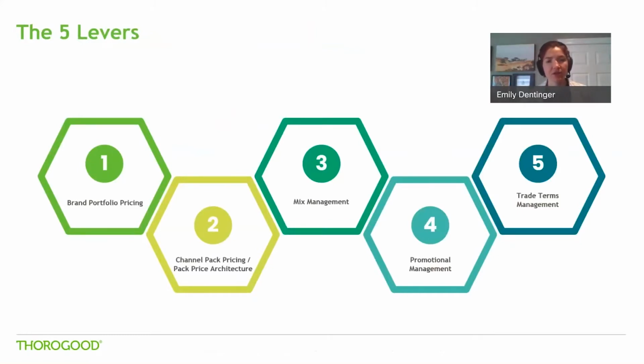Let's break that down. Revenue growth management is a pretty general term that is in and of itself pretty hard to action just because it is such a broad term. So we've broken it down, not me, but analysts, theorists, economists, etc., have broken RGM down into 5 levers. These levers are essentially different angles or perspectives by which companies can approach their overall revenue management strategy. Lauren and I will break these down into a bit more detail later in the presentation, but as a quick